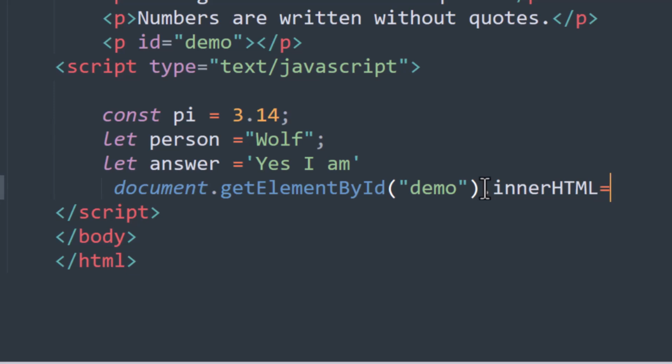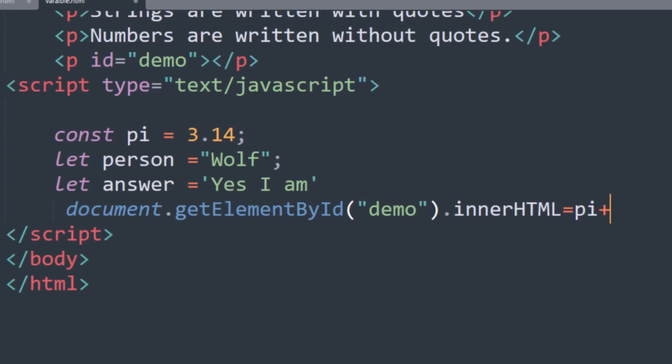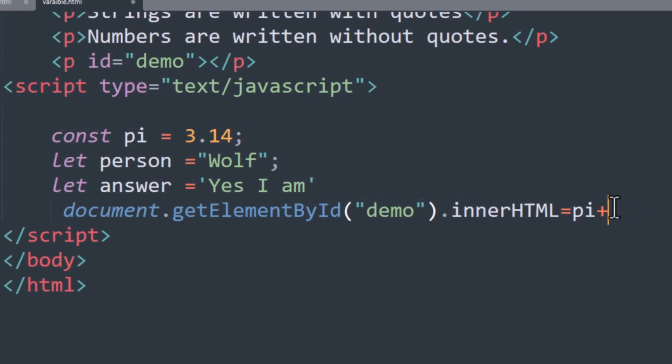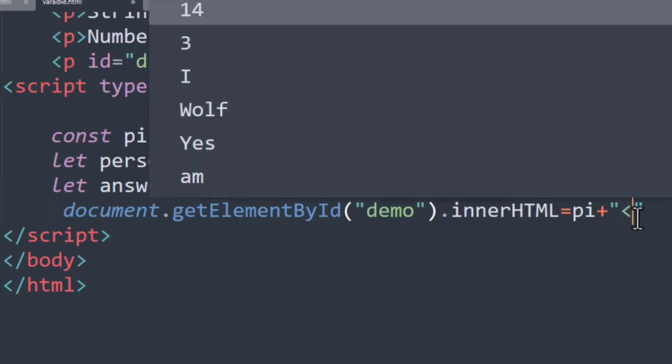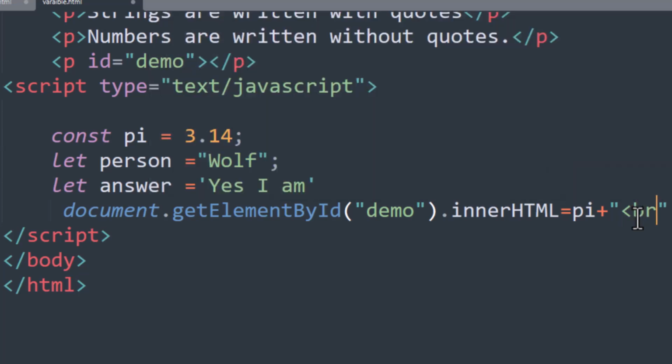Then I can assign the pi. So I should come back with the pi variable here, constant pi. I should make a break, so we should use a string, br, and then